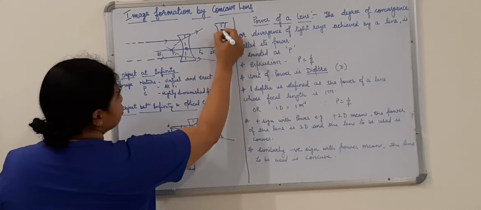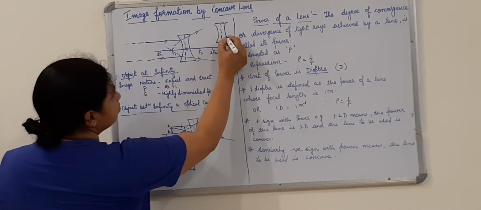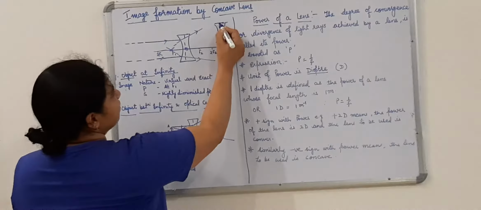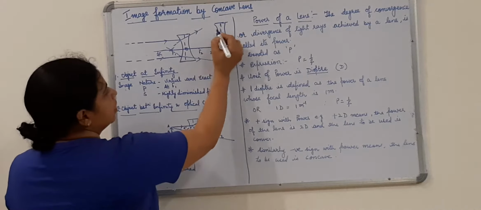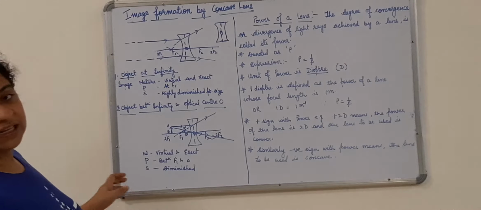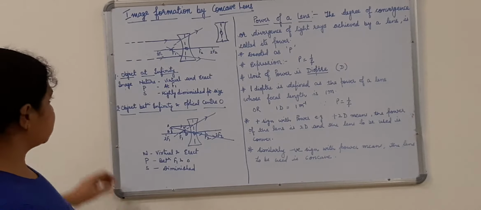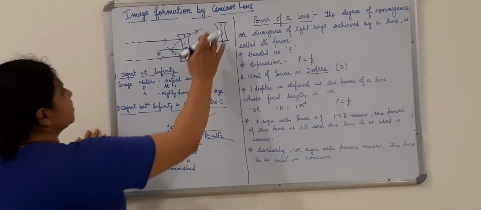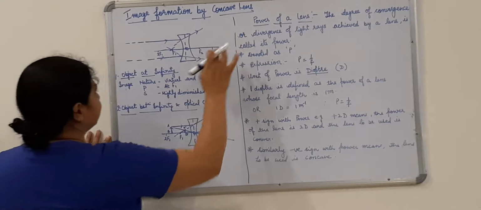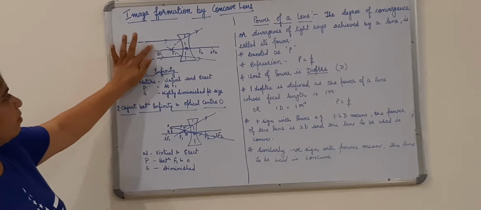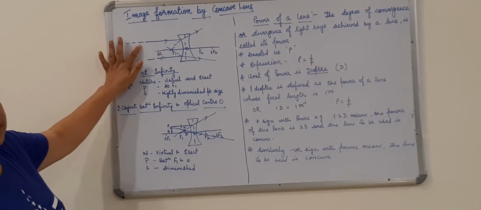The center portion, because the lens has two refracting surfaces, that is why the division has been done here. This is the optical center of both the surfaces, O. In case of lens, we call it optical center. Now, if the object is at infinity, a parallel beam of light is coming. I have drawn a dotted line here because the object is not on our principal axis.